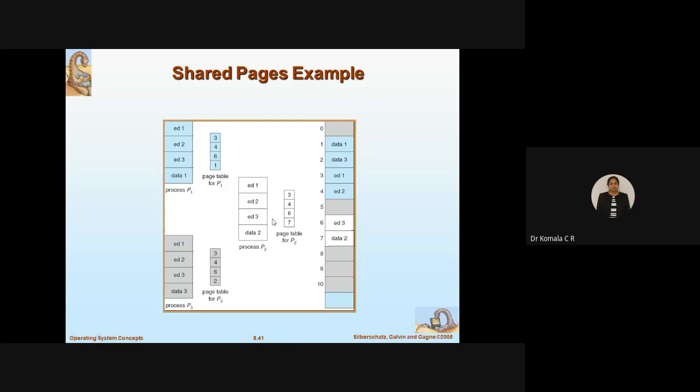If that is the case, it is not necessary to store it 3 times. Only one time you can store it in the physical memory. Here I have data 1 in one of the free frames, then ED1, ED2, ED3, and data 3, data 2. That's all. So how many locations do you need now? You are sharing the same set of instructions, and only data is different. The instructions ED1, ED2, ED3 are used by all the 3 processes. So many locations you need: 1, 2, 3, 4, 5, 6. But otherwise, 4 3s are 12 you would have. Not necessary to go for 12 slots here. So that is how you can go for sharing the code. Here this is an example of sharing of code between